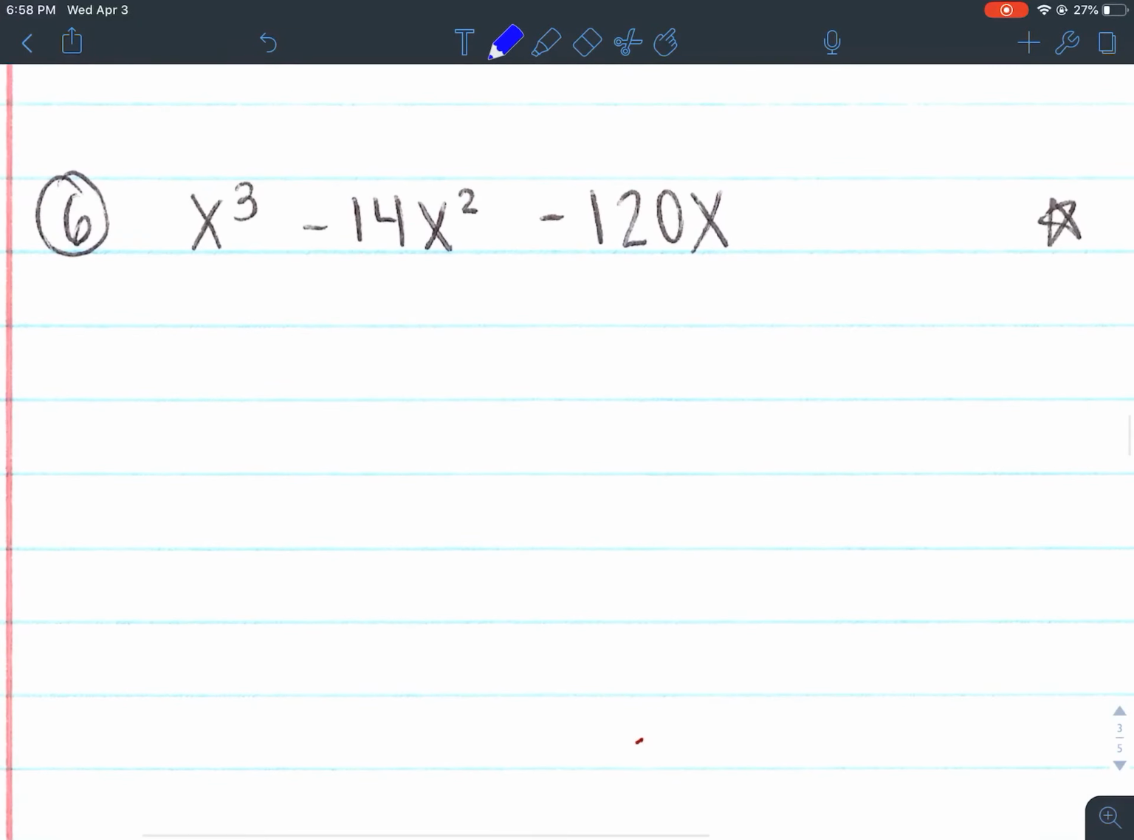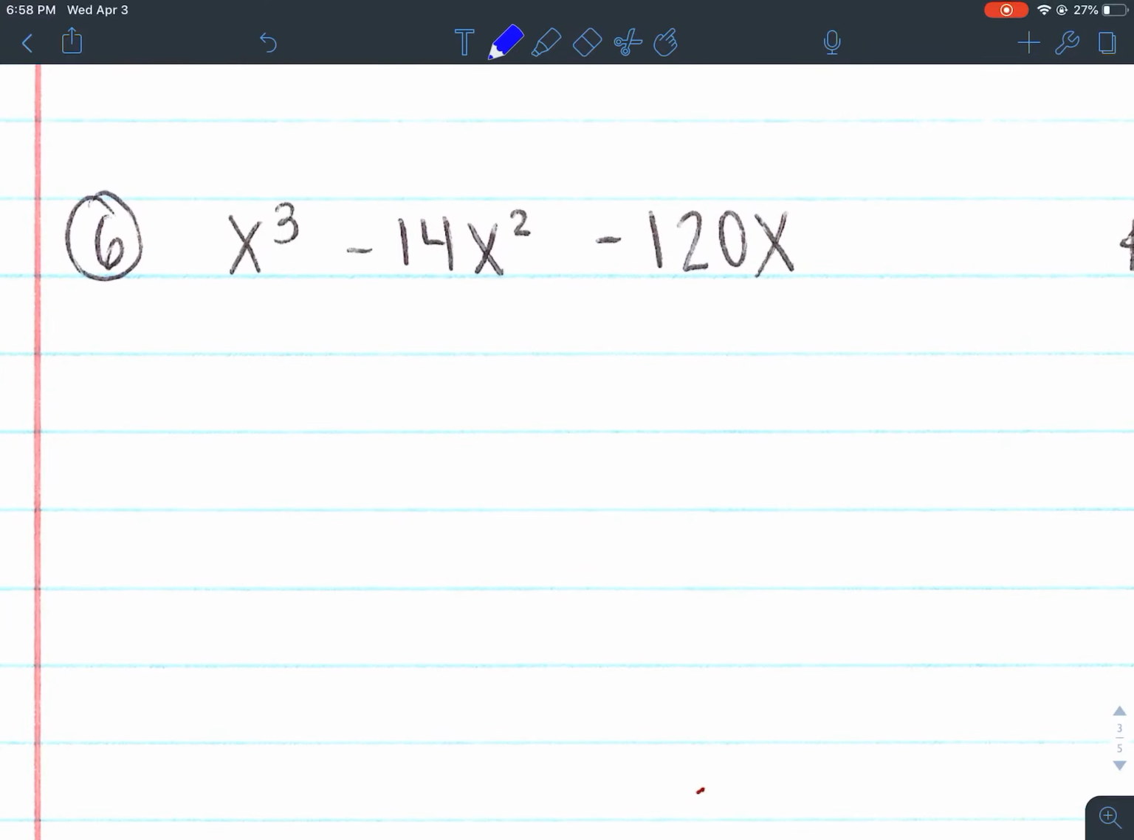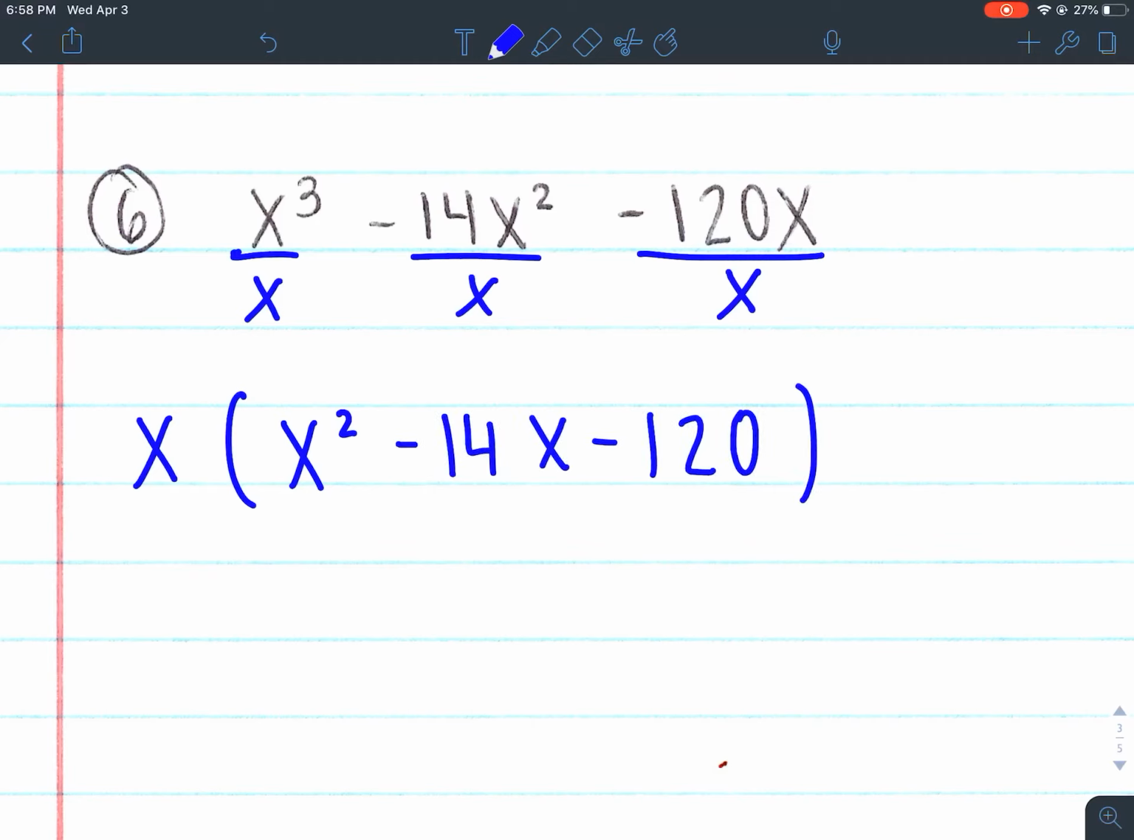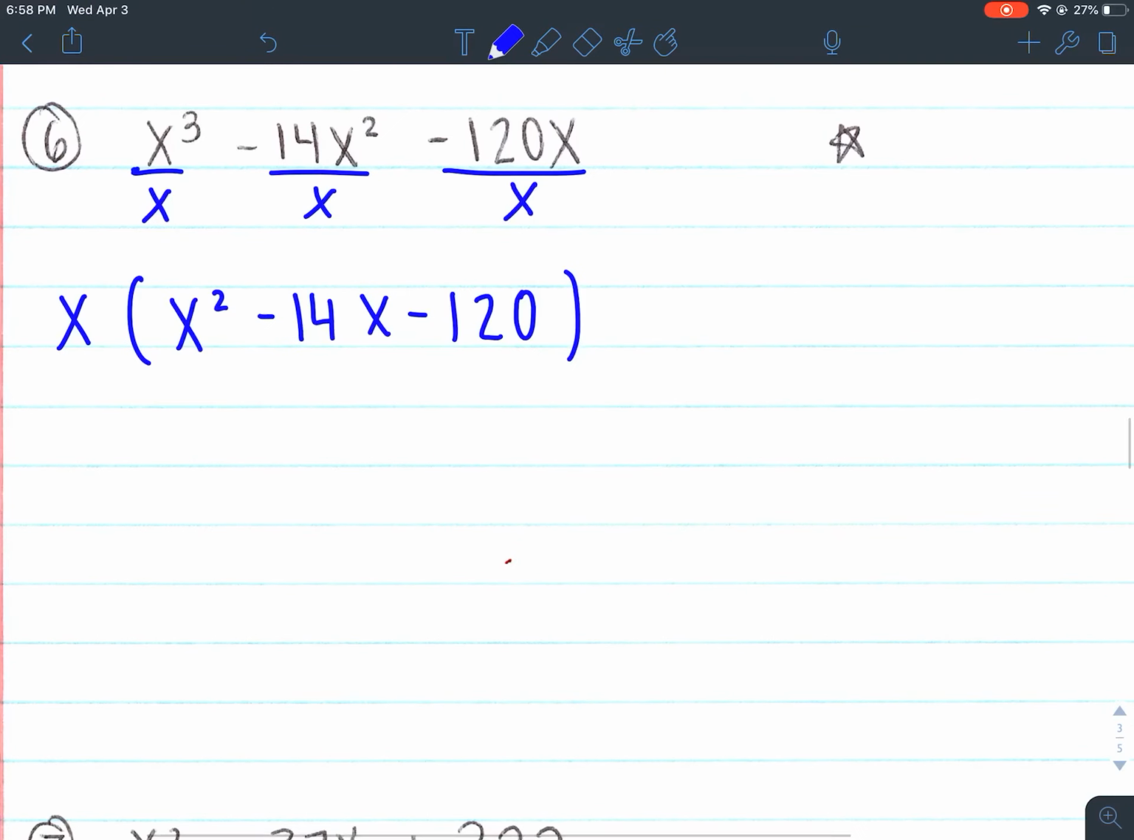All right, number 6. Okay, look for a GCF. Do I have one? I do. I can factor out an x. Okay, so I factor out that x, and I have left x squared minus 14x minus 120. All right, so